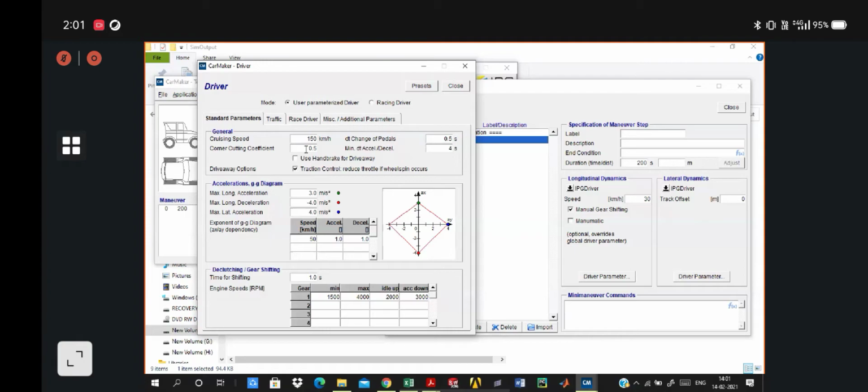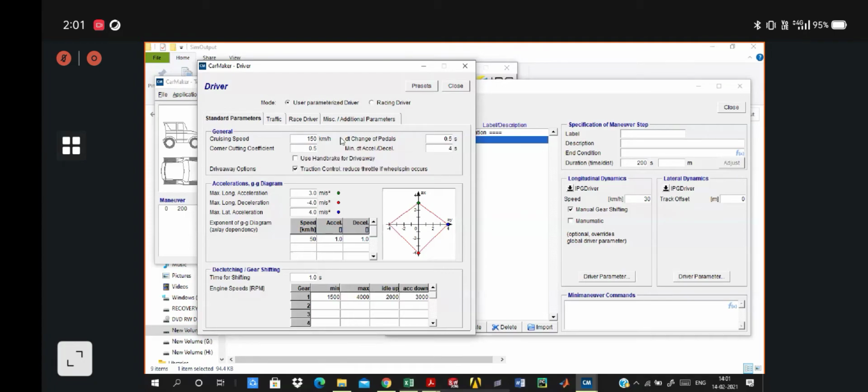If I talk about the corner cutting coefficient, its value varies from 0 to 1. 0 means the efficiency of the corner cutting will be 0, or there will be no corner cutting. The maximum corner cutting value is 1.